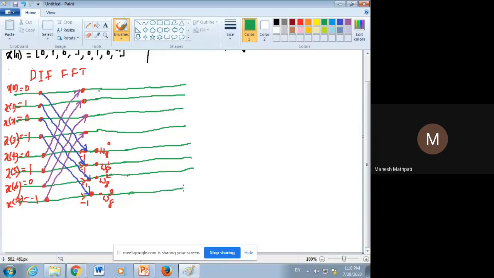Now, let's calculate stage 1. You write the first point as stage 1 calculation. So what points will come here now? Let's write